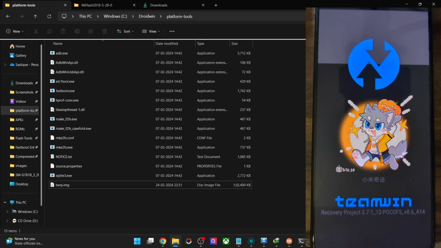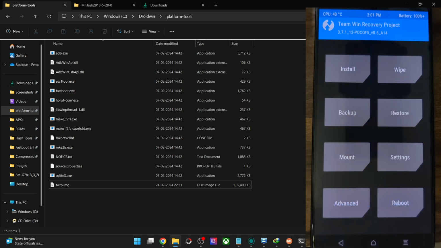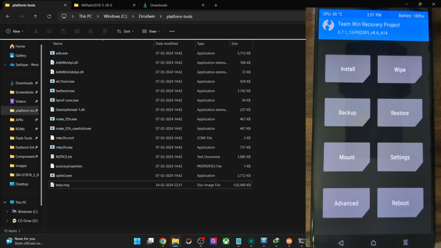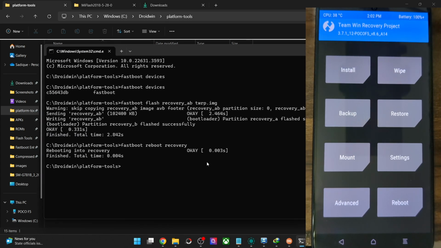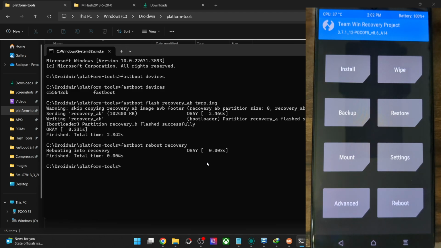So using the power and volume down keys will boot your phone to the fastboot mode, and using the power and the volume up keys will boot your phone to the recovery mode. If you don't have any custom recovery but you want to access the recovery, then first off boot your phone to the fastboot mode via the power and volume down keys, then use the fastboot flash recovery command or fastboot boot recovery command, and then you may access the recovery mode to get the job done.